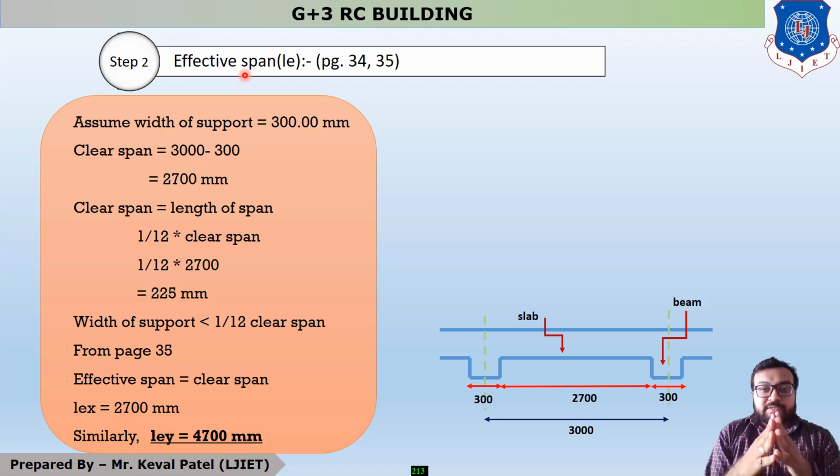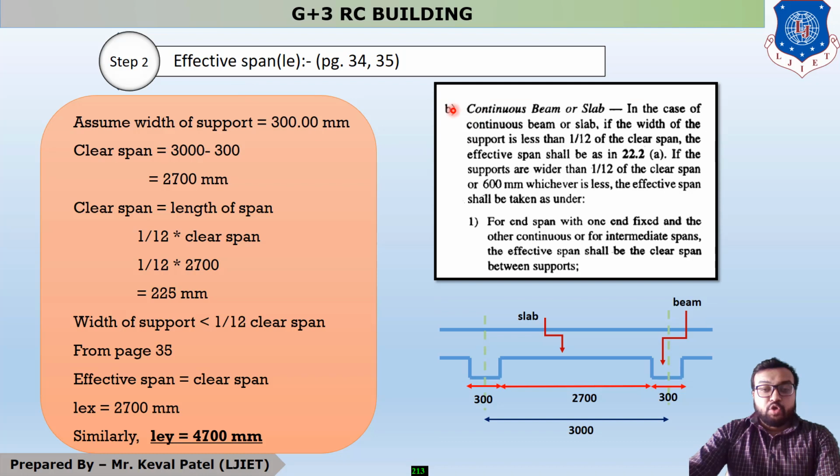All the students move to page number 34, in which there is clause number 22.2 named effective span. As per clause 22.2, the subtopic A is for simply supported slab or beam. But in this example, we have to use a continuous slab. So for a continuous slab, we first of all have to check one condition. You can see that in the case of continuous beam or slab,